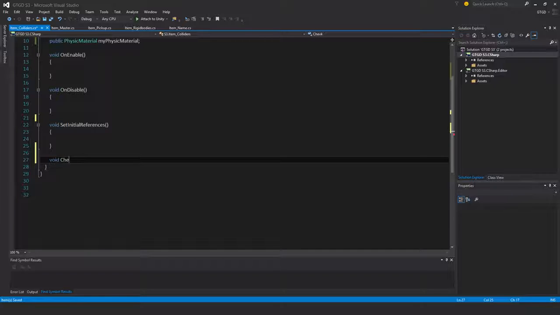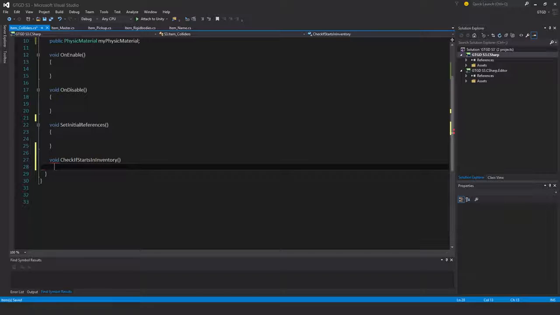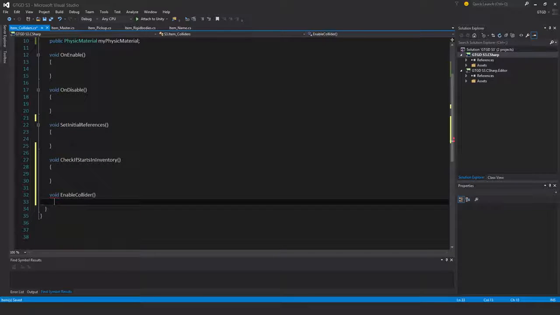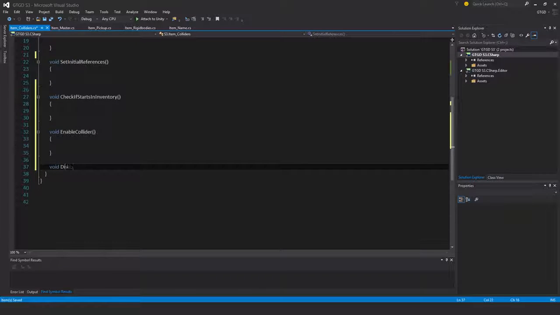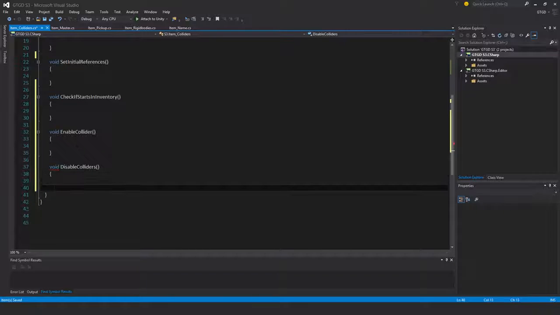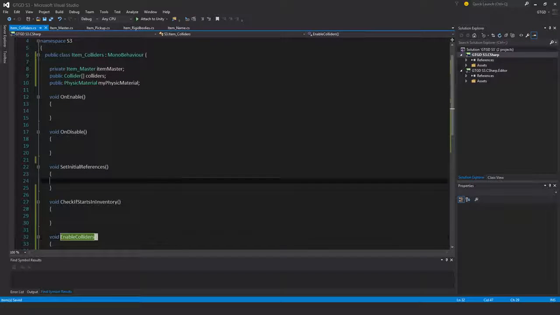So check if starts in inventory, something like that anyway. And void enable collider. And void disable colliders. I'll just put an S there. There we go. So inside of set initial references, item master is get component